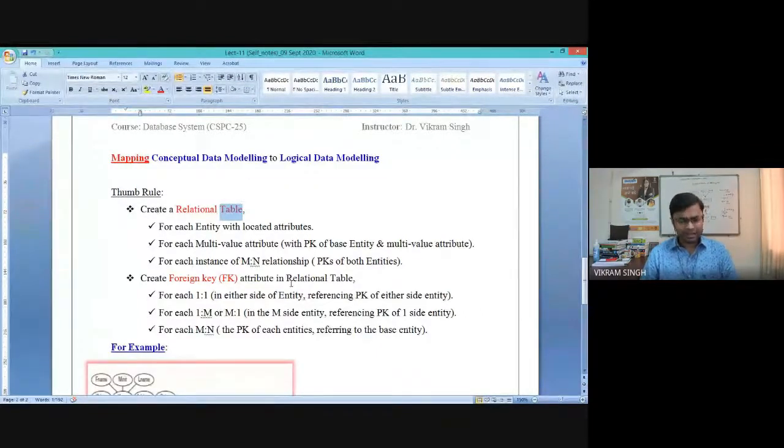So we will discuss this in detail, and we can easily understand how and why this foreign key is important. So where we need to apply this foreign key, that is the second thumb rule for this mapping of conceptual to data. First thing, whenever we see a relationship, you need to identify the attribute which will act as a foreign key and which will be mapped into the different table, and on the second table, it will be acting as a foreign key, right?